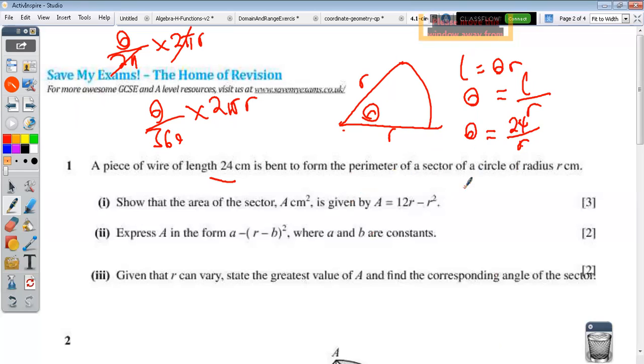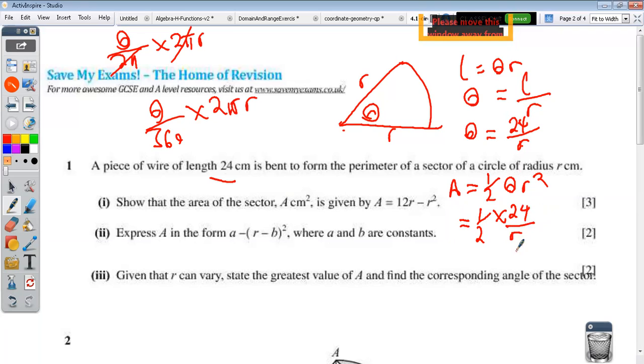Now, what is the formula for area? I showed you. Who remembers quickly? The A level formula for area of a sector is half what? Half theta r squared. Yes. Now you can look at the formulas, but the more you do them, the more you remember. Half theta r squared. So now, what is theta here? 24 over what? Half multiplied by 24 over,